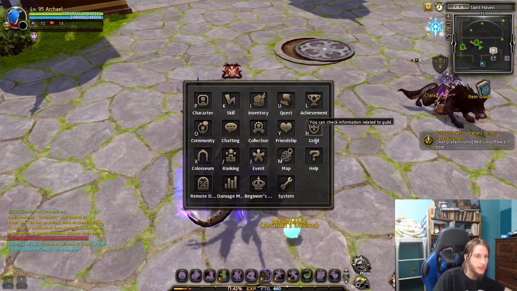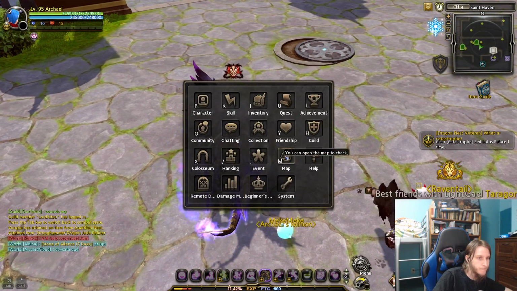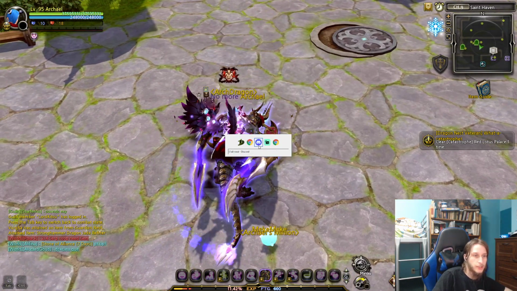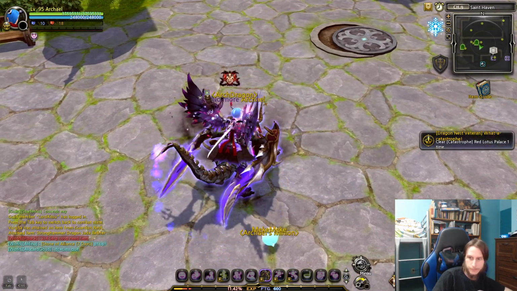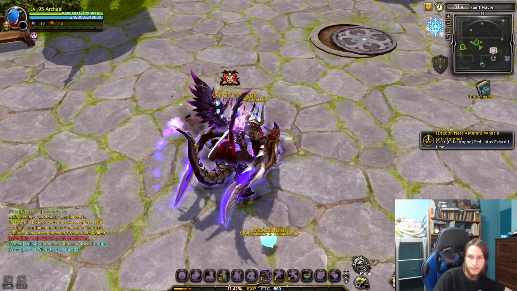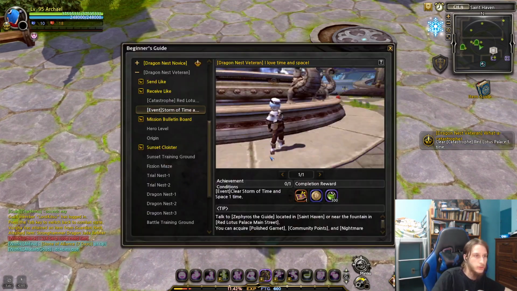That's in N. Event. Task list, okay? I'm doing a lot of tabbing and not a lot of remembering right now. I said equip a stat title. Right, so,